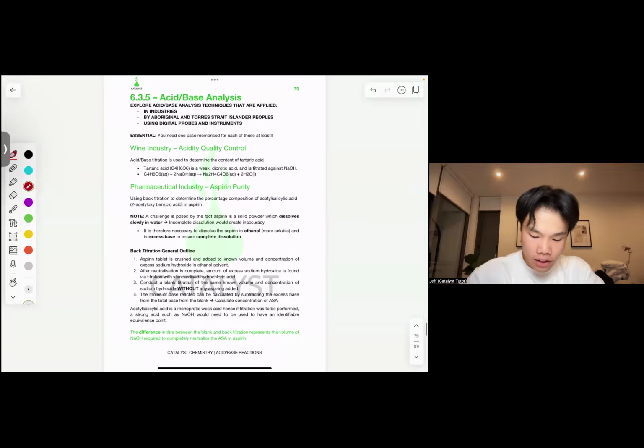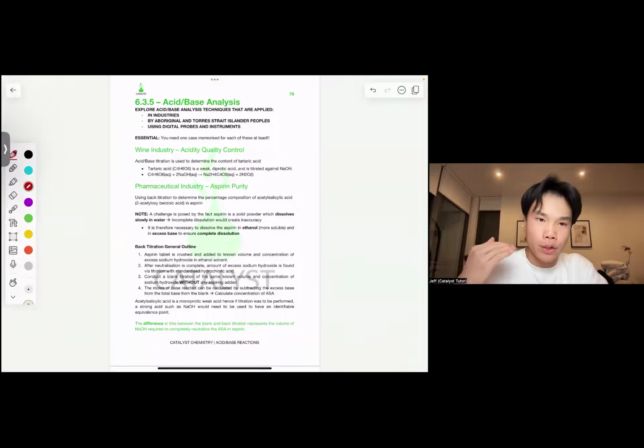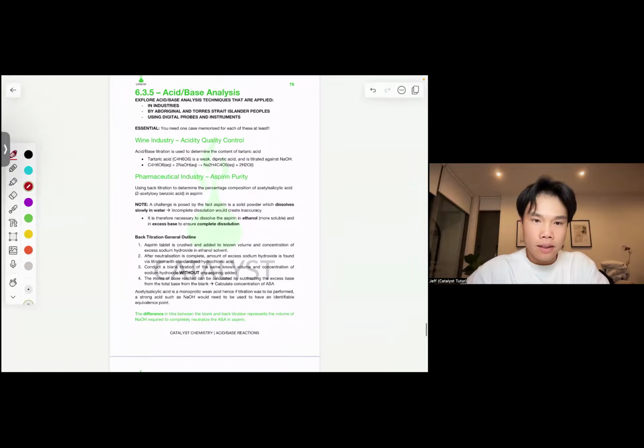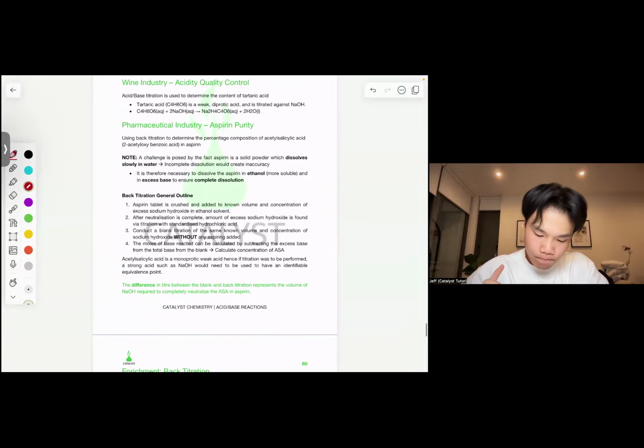Acid-base analysis. You should know about how you can use titration to find specific concentrations of acids and bases, for example, in the wine industry. And you can use back titration for aspirin purity. So, back titration